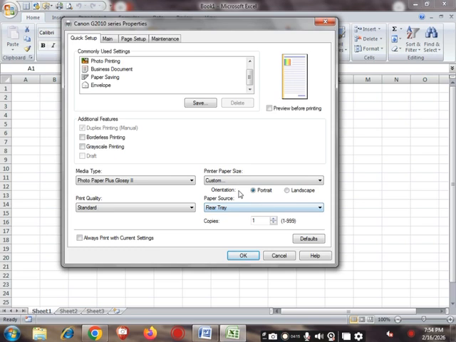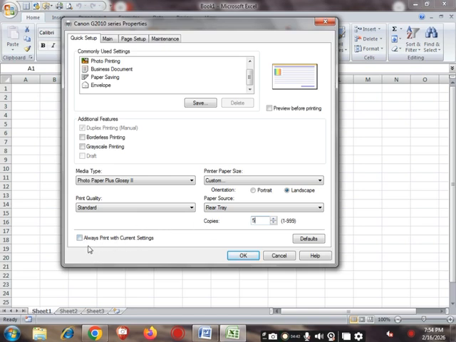And next is the orientation, portrait or landscape. You can also choose between these two, whatever you want, landscape or portrait. The preview also guides you about the look of the paper, and this is the paper source. Next is the copies, how many copies you want of the print area, 4, 5, 6, or you can type manually. You can decrease or increase by the arrow, or you can type manually.